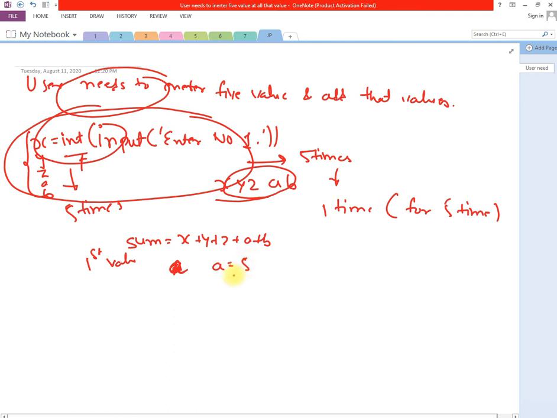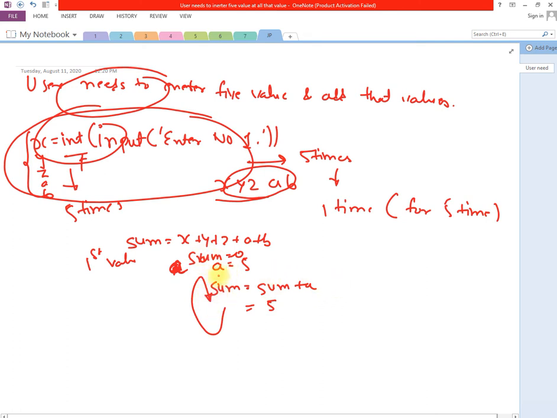So I'm entering 5. Then in the next line I have sum is equal to sum plus a. Initially my sum was 0. So right now what would be the value of sum? It is 5.